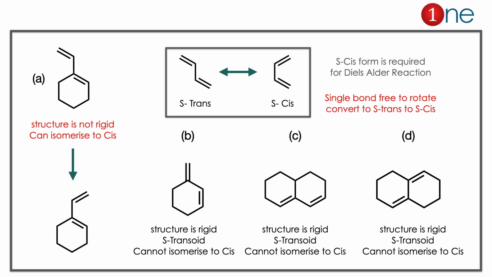It is attached with a single bond, which is exocyclic, so you can rotate it and it isomerizes to the s-cis form. So it can undergo Diels-Alder reaction. So the answer is clearly A there. The concept you have to learn here is that Diels-Alder reaction requires an s-cis compound.